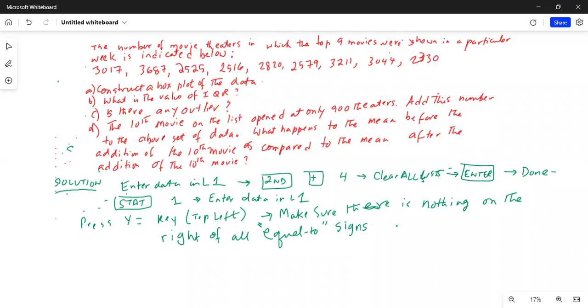Scroll down from y1 to y9 and y0, and make sure there is nothing on the right of the equal to sign. Once we are convinced of that, then we press